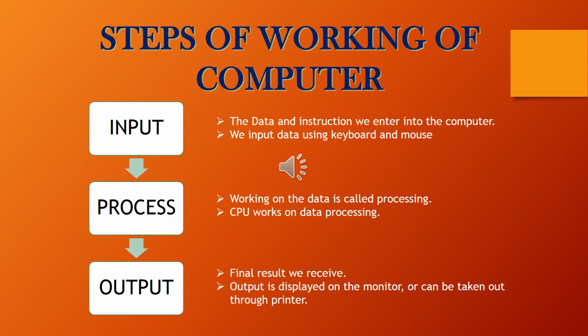If we are entering some numbers or giving some instruction, or in short, if we are entering any data into the computer, we call that input. We are providing some information to the computer. Then afterwards, the computer takes this information and works on that data, whatever we want to receive, and afterwards it gives the result. That means it gives us output. So it has 3 steps: input, process and then output.